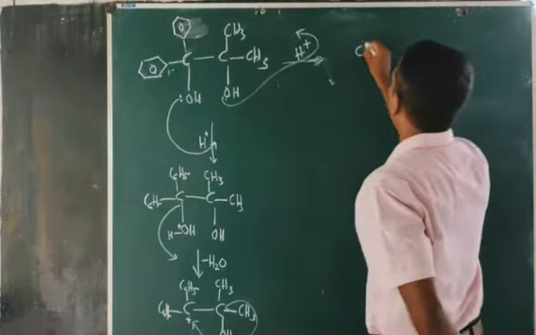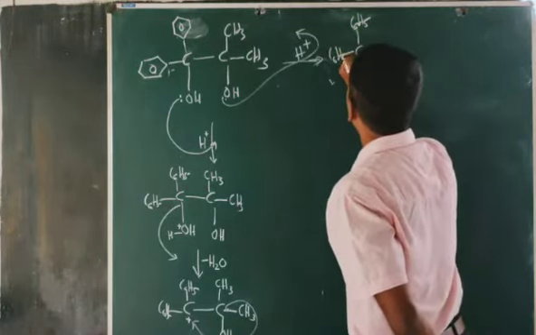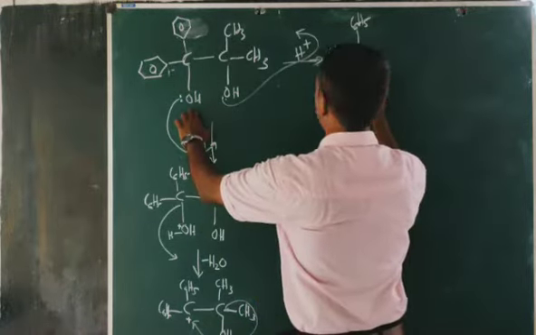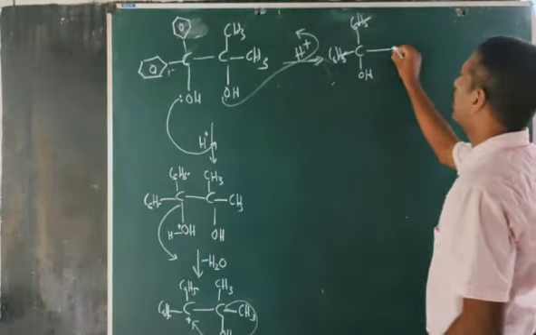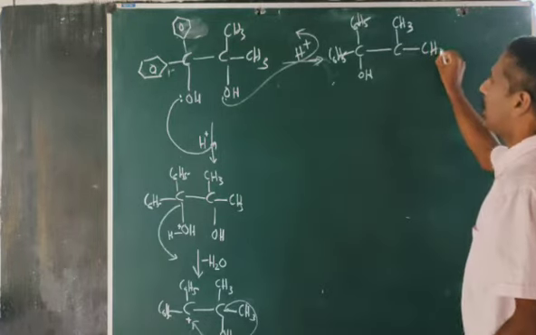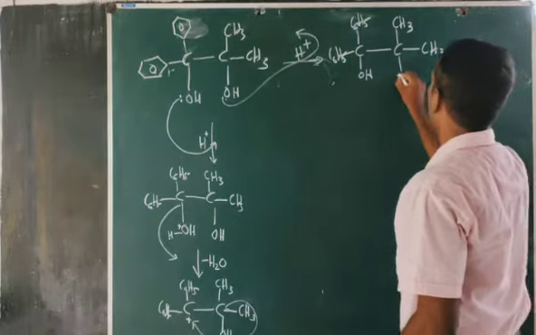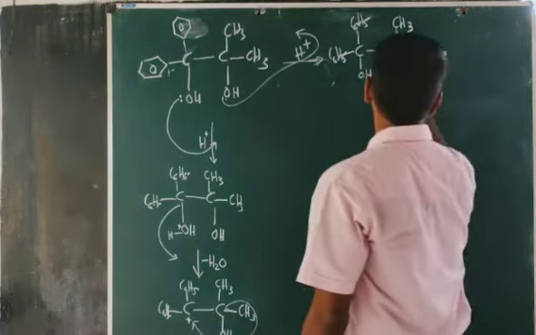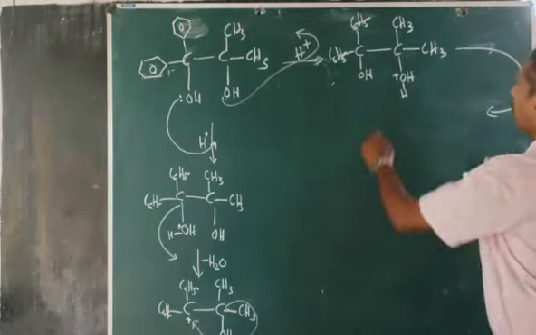Okay, we are getting C6H5, here also C6H5, and here it is OH, because this lone pair is abstracting H plus. And here you are getting CH3, and here it is OH, and one more H with a positive charge, correct? That you know. And in the next step what will happen, minus